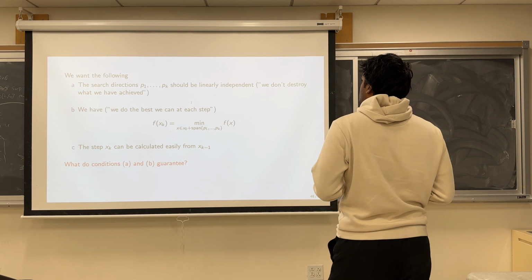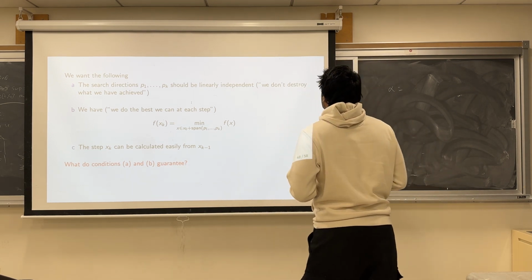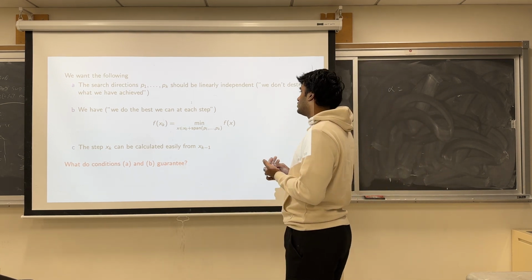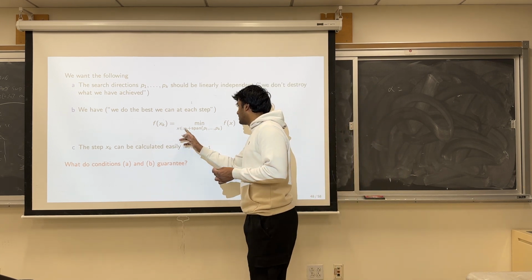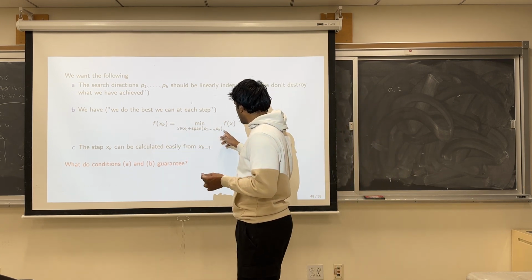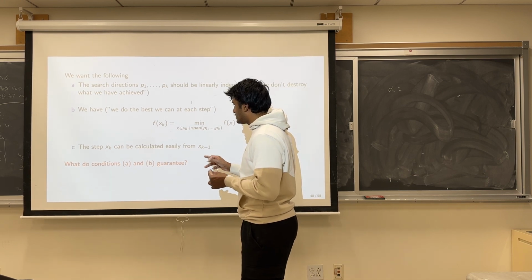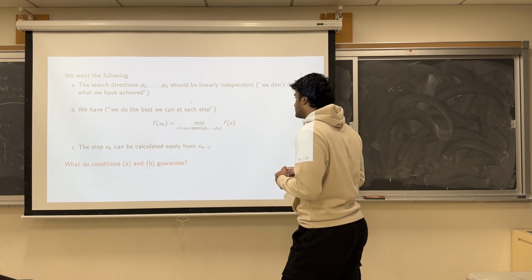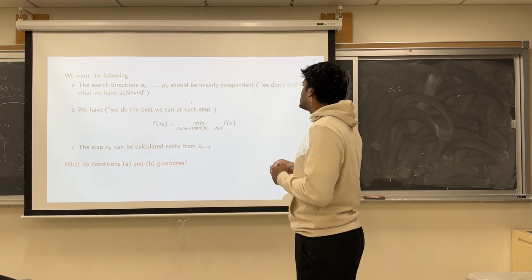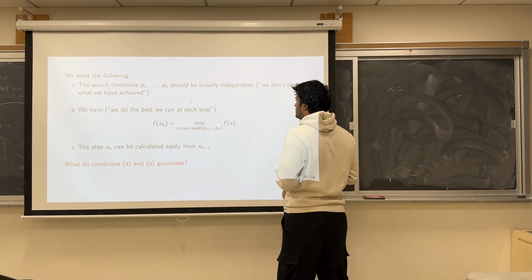So the search directions should be linearly independent, so we don't destroy what we have achieved. We have to do the best we can at each step. So f of xk is the minimum over the span of p1 to pk of f. The step xk can be calculated easily from xk minus 1. So if these steps are linearly independent,